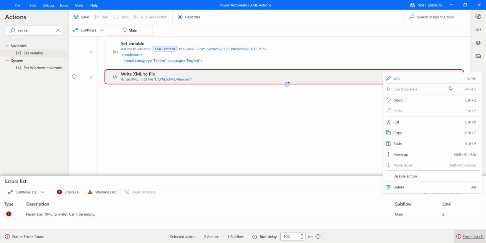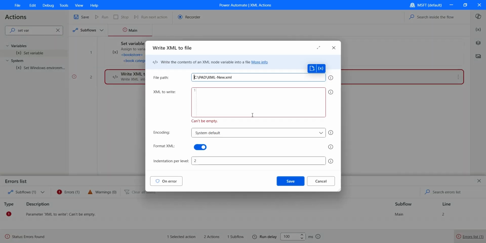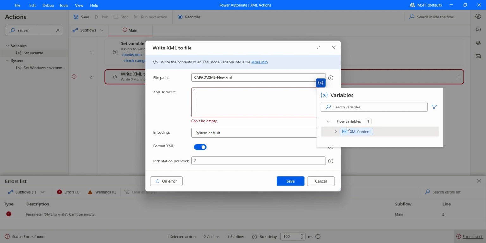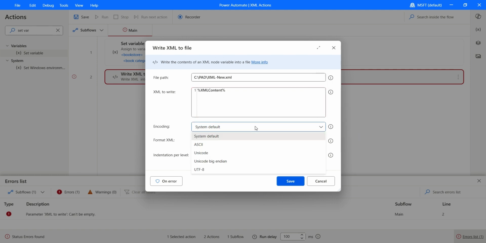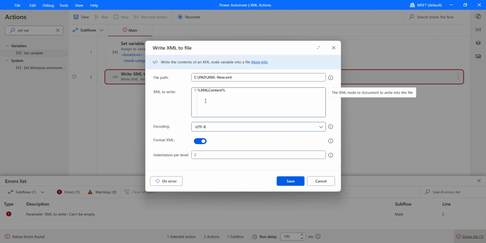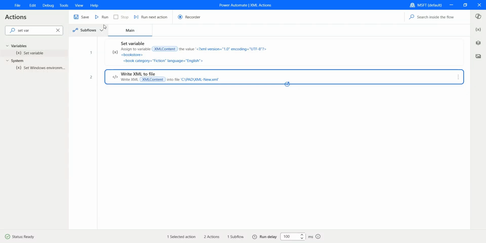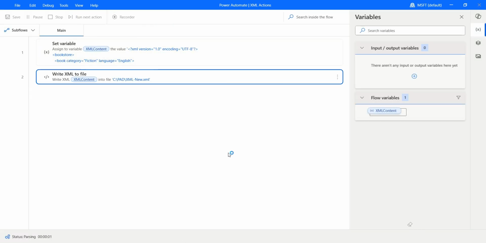And now let's go ahead and configure this action, write XML to a file, XML to write. Let's pick up our XML content. You can keep the system default or UTF-8. Indentation level per level you can keep 2. Format XML, yes, I would like to format the XML. Click on save, click run, and let's wait for this to complete, and we'll take a look at